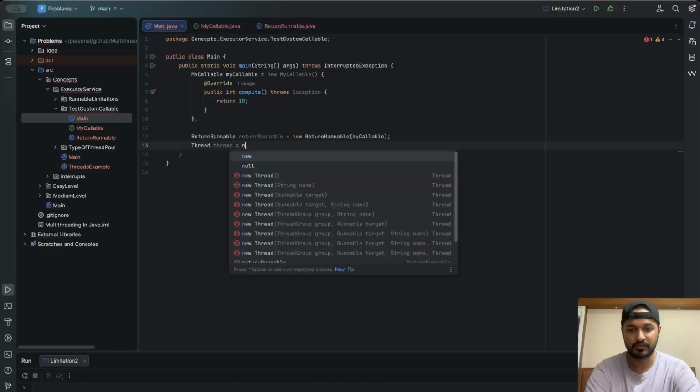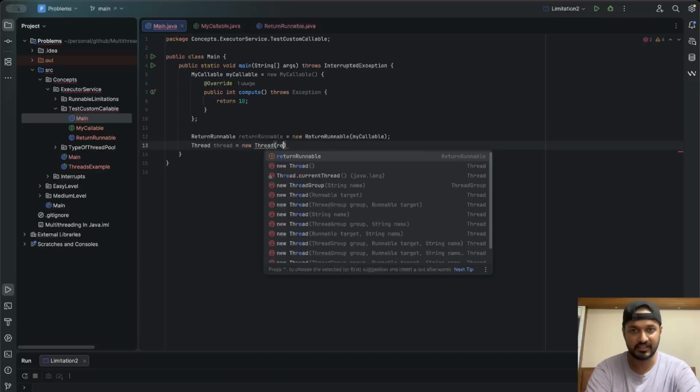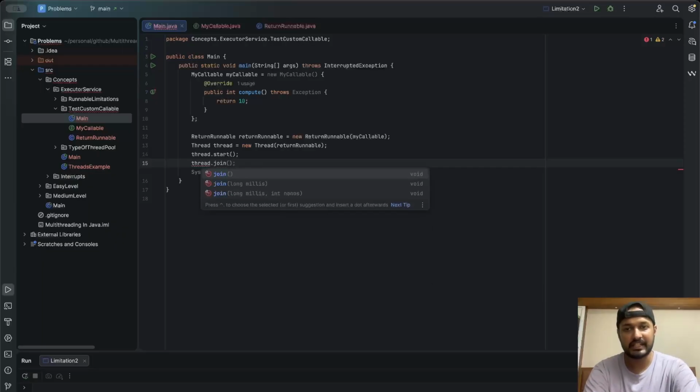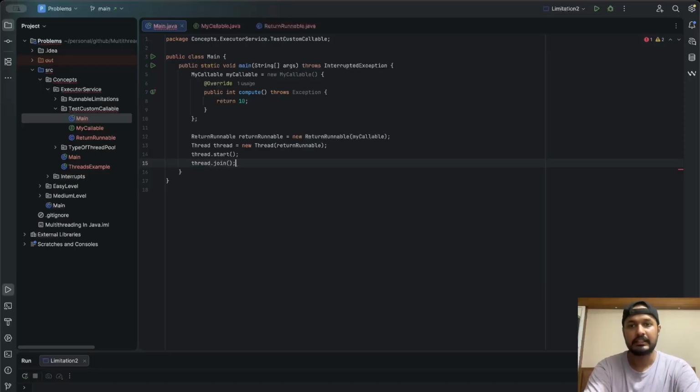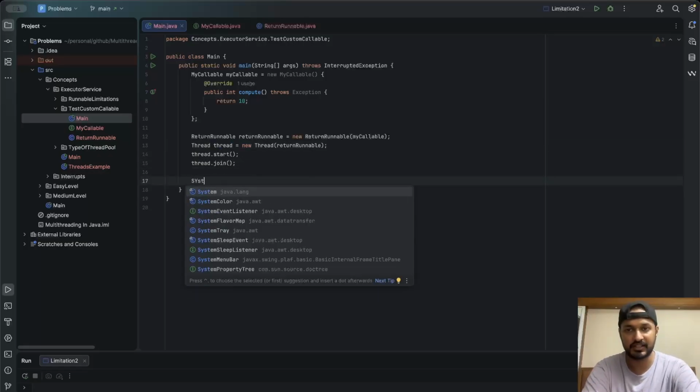Thread equals new Thread, and we'll pass returnRunnable here. Then we'll do thread.start. Post that, we'll write thread.join so that our main thread waits for this thread to complete, and post that we'll go ahead and print our result.